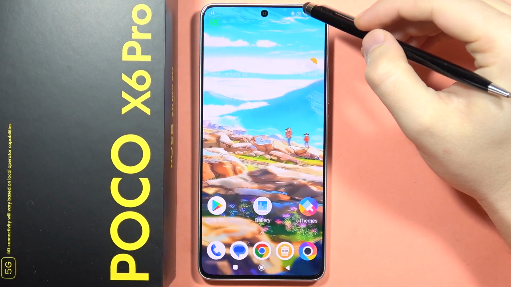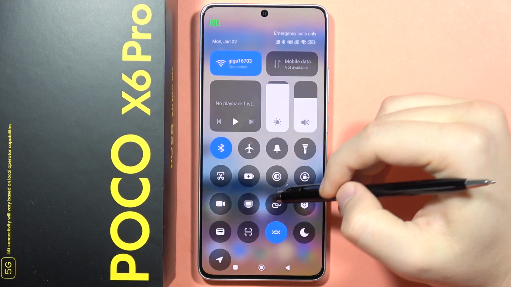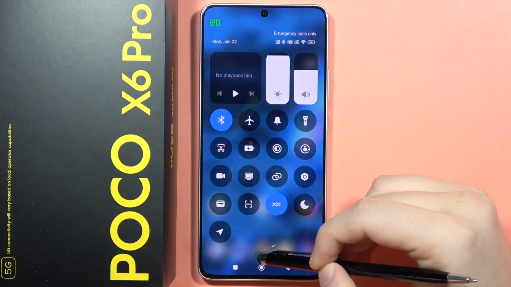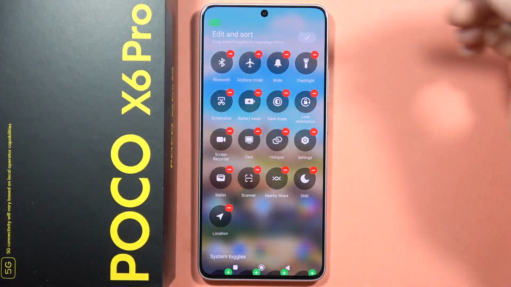Hey, if you want to edit your quick settings shortcuts on the POCO X6 Pro, all you have to do is just to swipe until you find the edit button. So now click on this edit button, and if you want to remove any from these shortcuts, for example, honestly